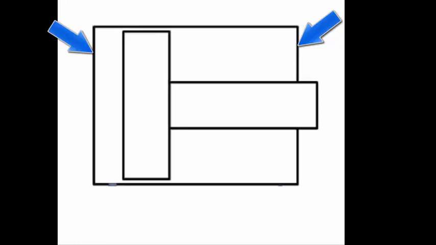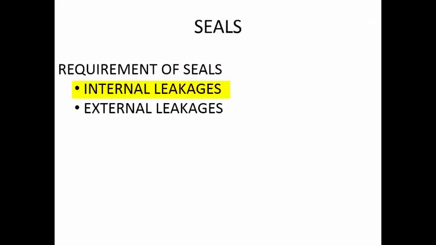From here also, if the seal is broken down or damaged, or if the bolts are tightened excessively, the seal can break inside. All of these things can cause the oil to leak from this particular joint and go out. So the oil can move internally from one side to the other without doing any work, or it can go from inside to the outside and come into contact with the atmosphere. That is also a leakage.